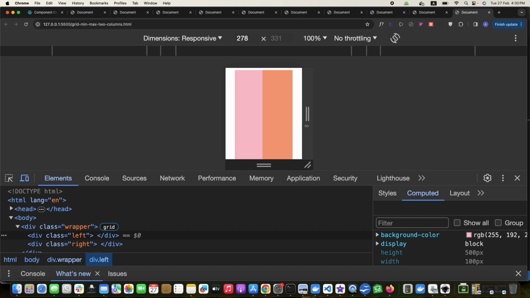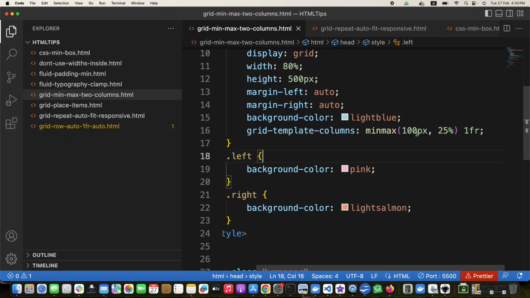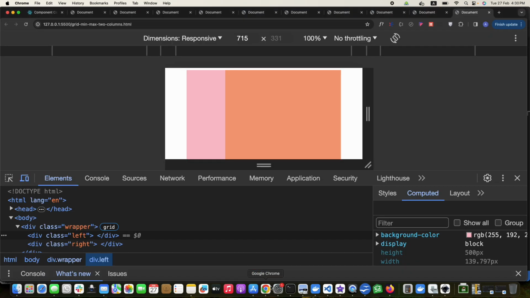And it stops at 100 pixels. Yes. So here it is right now. It will never go beyond this one, but if this value is larger, it will take this one and stop at this one, 100 pixels. Okay, so right now, if you check the width of this, it is 139,